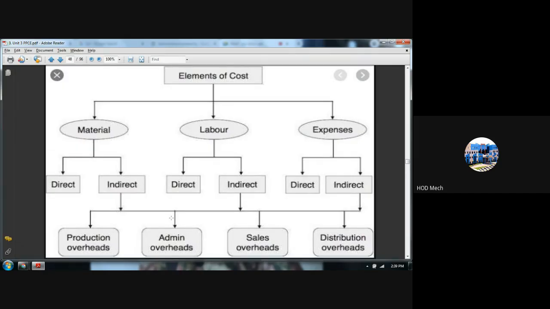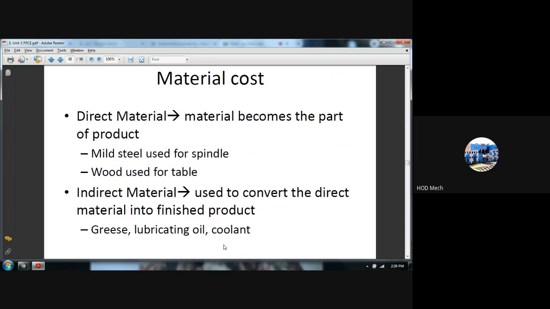So how is element of cost divided? Initially, it is divided into three types: materials, labor, and expenses. All these three are divided into direct and indirect. When you go to indirect, you have four types: production overhead, administrative overhead, sales, and distribution overhead. Just remember these main words: production, administration, sales, and distribution. That is sufficient for you. Now,